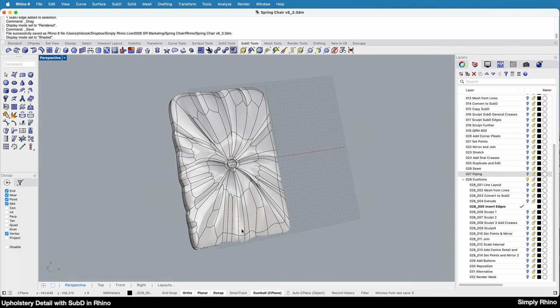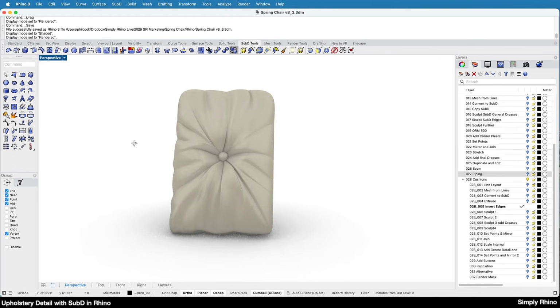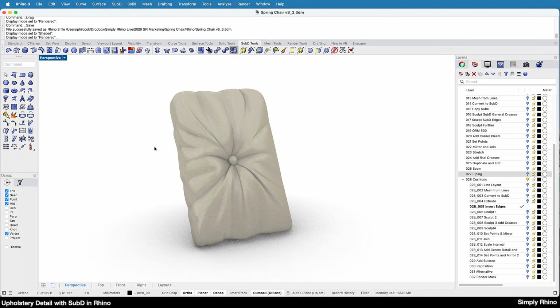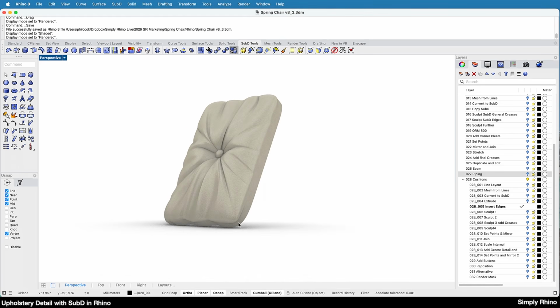Using the same principles as previous, I've now added more detail around the outer three edges of the cushion. The fourth inside edge doesn't have much going on because this is going to be removed prior to mirroring. Some of the corner details look a bit sharp at the moment, but these can be softened once the cushion